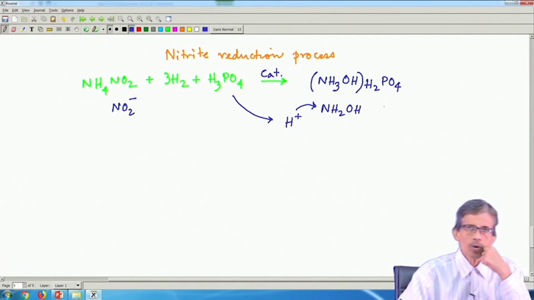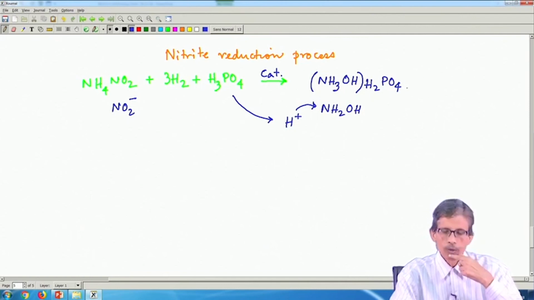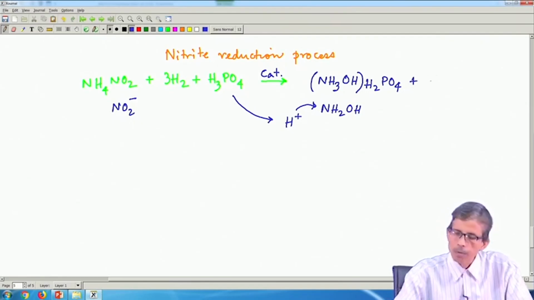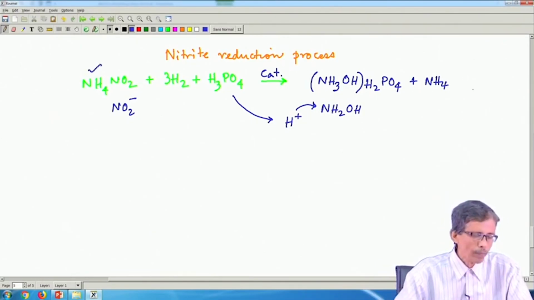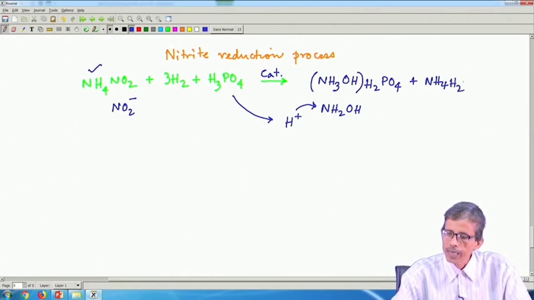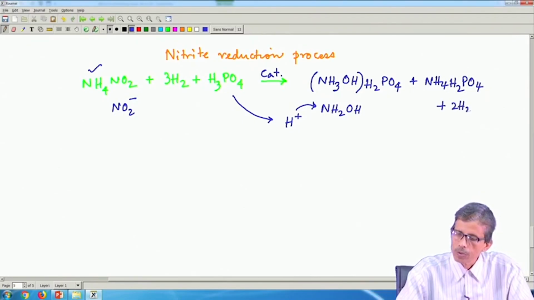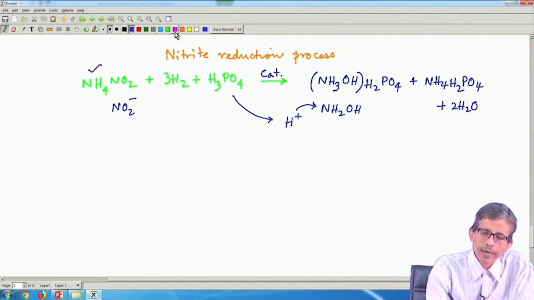That industrially important process is one where the product can be stabilized in the presence of phosphate as the corresponding mineral acid source, and that phosphate can be utilized along with some other compounds. If you look at the typical balance, you have the ammonium ion group available. So, ammonium dihydrogen phosphate, NH4H2PO4, is also forming, plus water molecules.